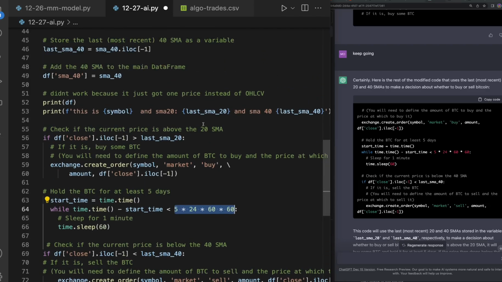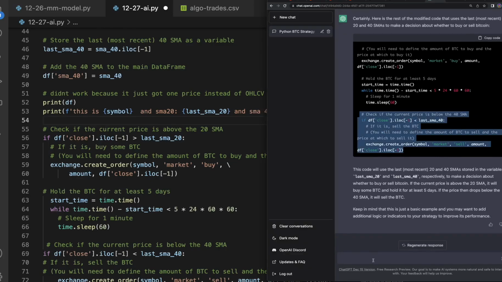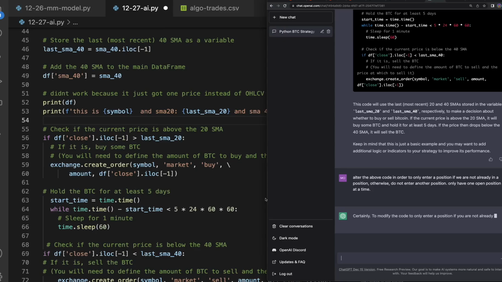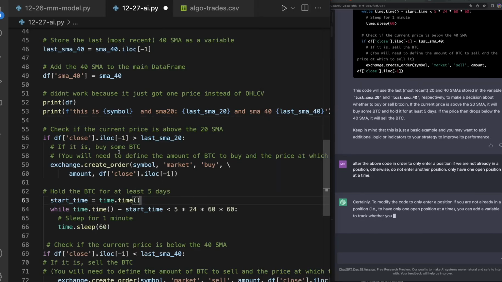Now, I would say we only want to do this. Alter the above code in order to only enter a position if we are not already in a position. Otherwise, do not enter another position. So I just like to explain it like that. Do not enter another position. So only have one open position at a time. Sometimes I reiterate it. Let's see how it does. Because right now, essentially, if I had this all looped,